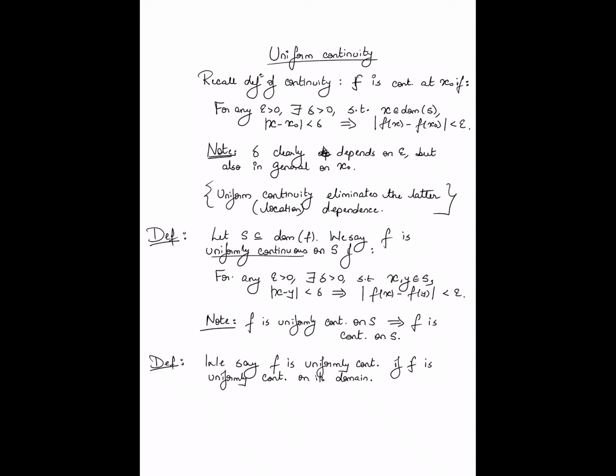Okay, so very quickly once again, uniform continuity means continuity, but with the additional condition that the delta cannot be location dependent, right? Which means that you give me an epsilon threshold on the gap between function values, I can give you a location independent delta in response to that, such that so long as you take any two arguments to the function which are within delta distance apart, you are guaranteed that the function values are at most epsilon apart. Okay, so having now seen and absorbed the definition, let's go through a couple of examples.